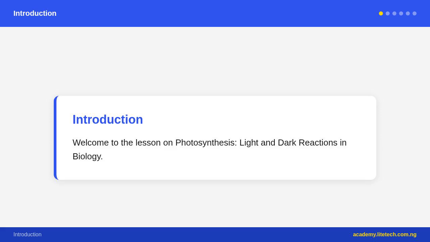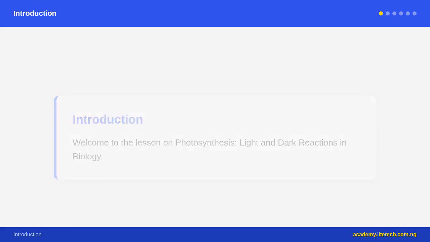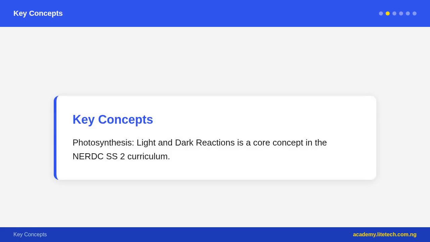The overall equation is carbon dioxide plus water, in the presence of light and chlorophyll, produces glucose and oxygen. In this lesson, we will divide photosynthesis into its two major stages, the light-dependent reactions and the light-independent reactions, also called the dark reactions or the Calvin cycle. Understanding these two stages will help you answer WAEC questions accurately and give you a deeper appreciation of how the